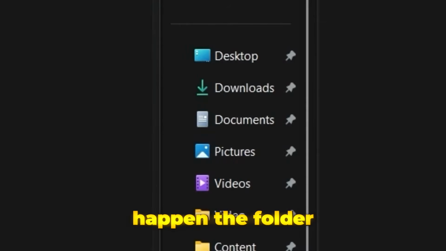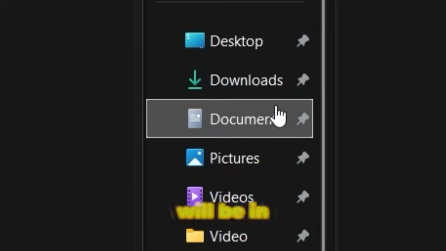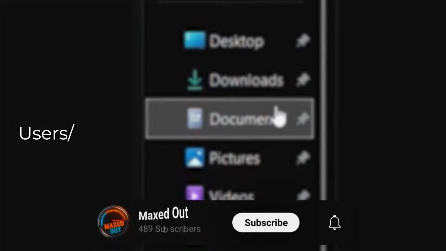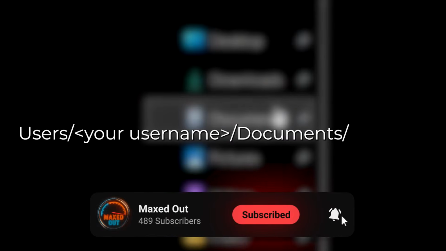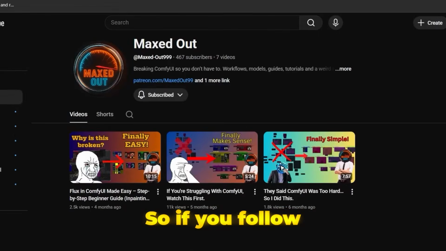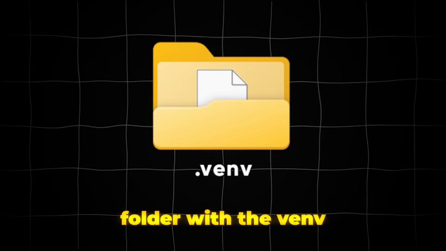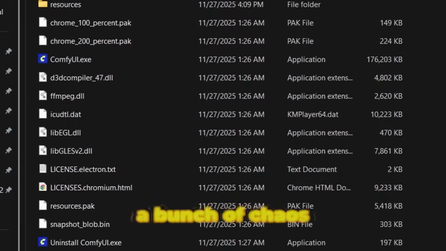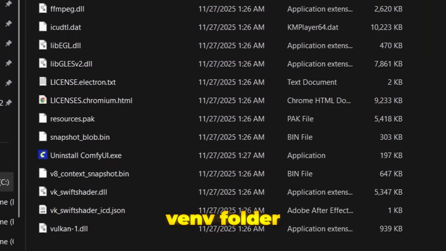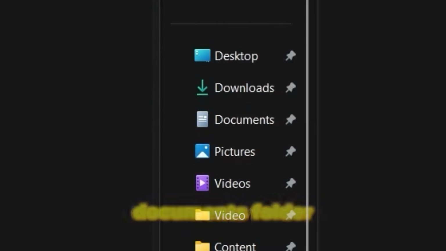If this does happen, the folder you actually use day-to-day will be in your documents. That'd be under Users, your username, Documents, ComfyUI. So if you follow one of my guides and I say, go to your ComfyUI folder with the venv, and you open a folder and only see a bunch of chaos with no venv folder, don't smash your keyboard, just check your Documents folder. If you're on AMD,